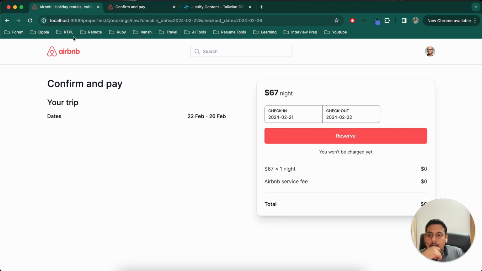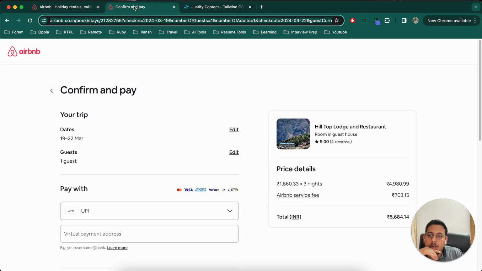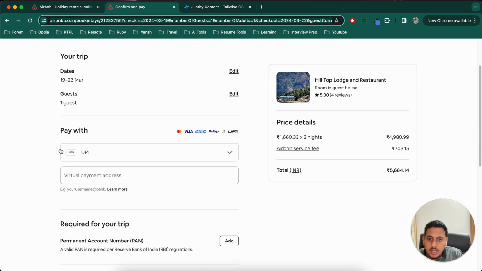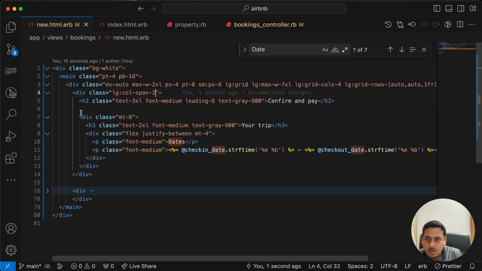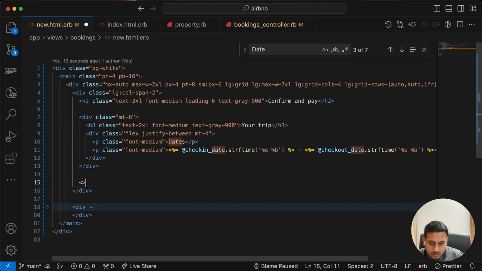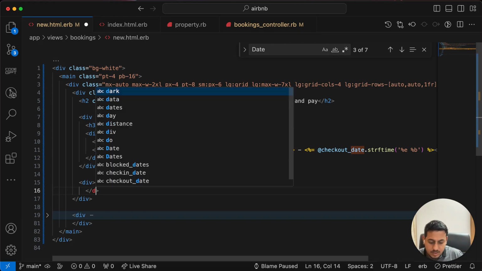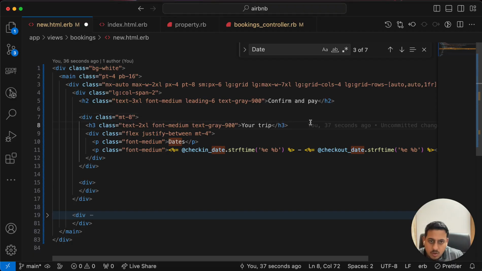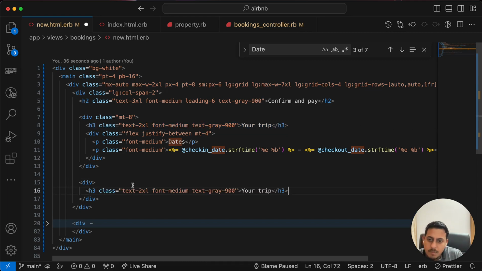Yes. And anything else do you want to add here? It looks empty, but we will have to bear with it right now. And we will add this pay related details later on. So for that what we can do is we can create a div. I don't know how, whatever payment, I think we will integrate Stripe only. So how Stripe will provide us options for this, so I don't know about that. But I know that we'll need this heading and this won't get provided by Stripe. So for that we can use pay with